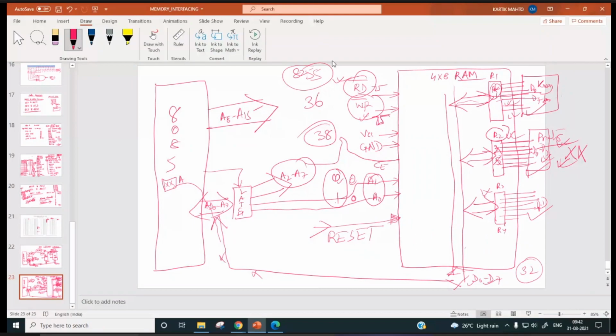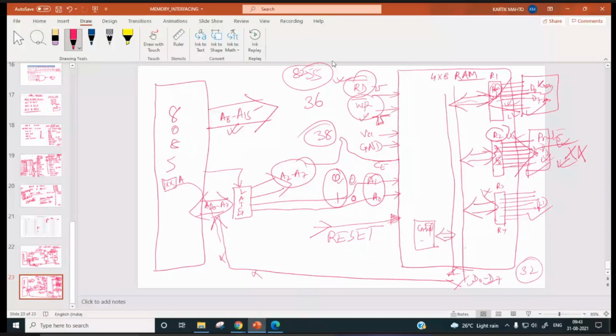Out of those 4 different locations, R1, R2, R3, and one register will be the control register, which will control all these registers separately, whether it is an incoming or outgoing pin. Like that it will control. We will discuss all these things in detail in 8255, right? So anyway, what about these upper 8 pins, A8 to A15?